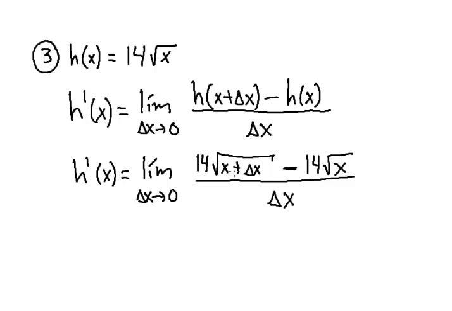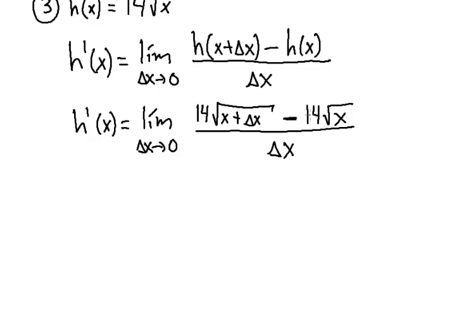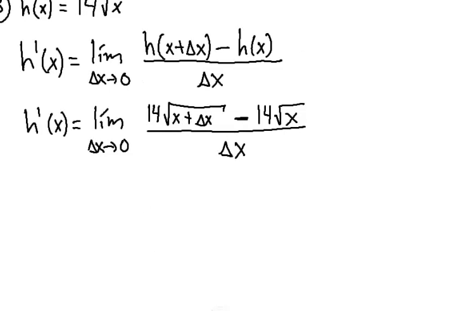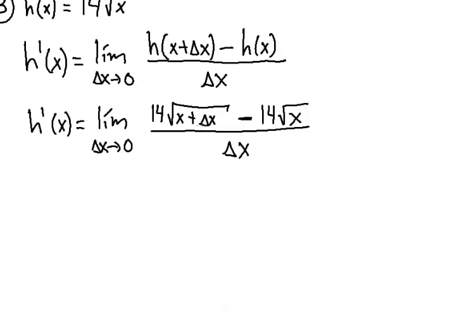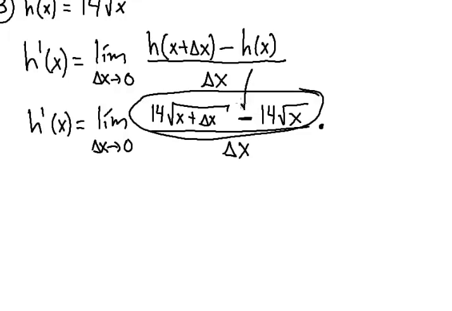Now, in this case, it is impossible to multiply stuff in here. It is impossible to subtract them because they're not like terms. It is impossible to factor, at least to factor something important. Yes, I could factor the 14, but that's going to do nothing. So the only way to proceed in this case, when you have this subtraction of different roots, is to rationalize. So what am I going to do? Well, I'm going to put a dot of multiplication, and I'm going to multiply with the conjugate of the numerator. In other words, I'm going to copy the numerator, but I'm going to change the sign in the middle,